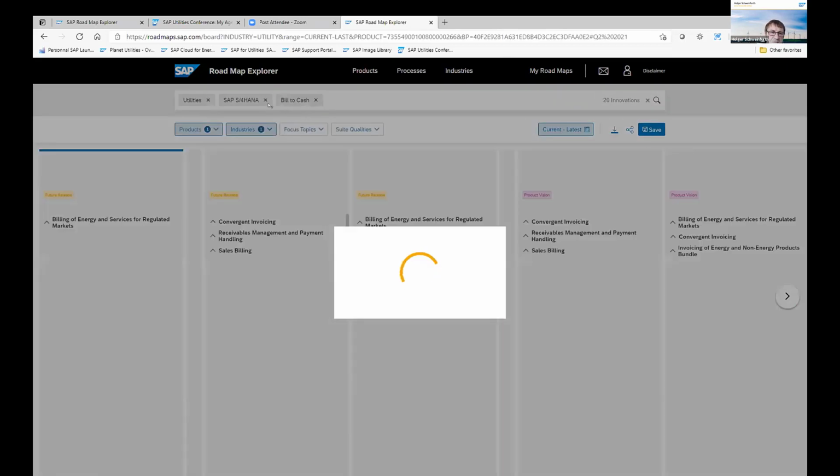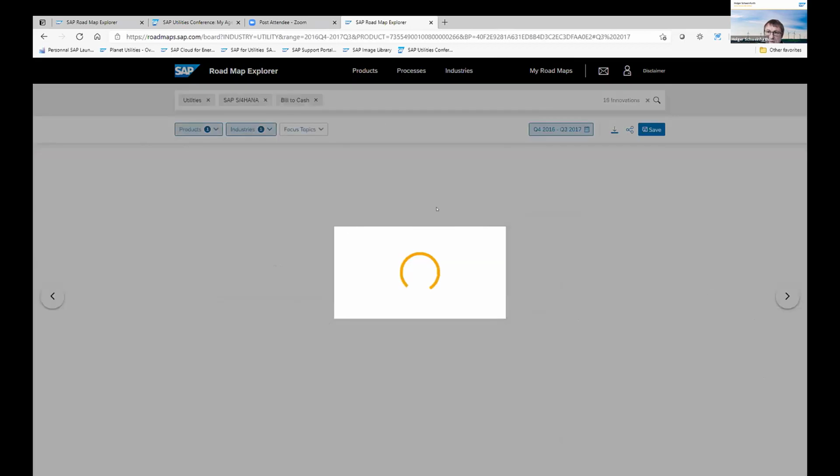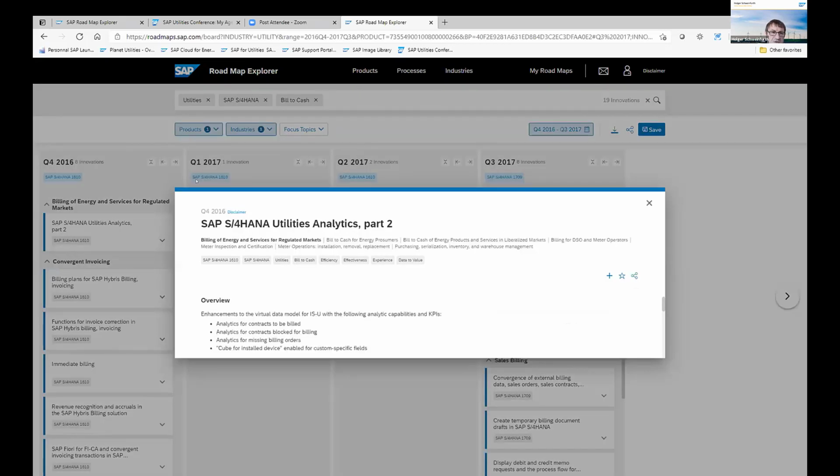So you get much information about the bill to cash. But for example, you also want to limit that to a certain period in time. Let's say I want to do that for only some past topics here for Q4 2016 to Q3 2017. And in here you can go into the details of the different innovations.